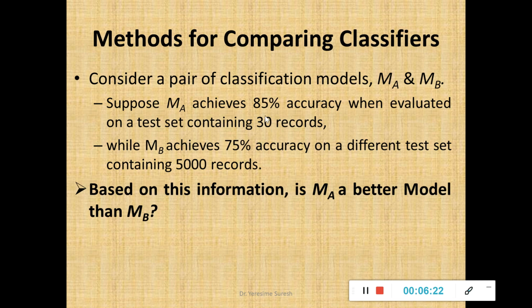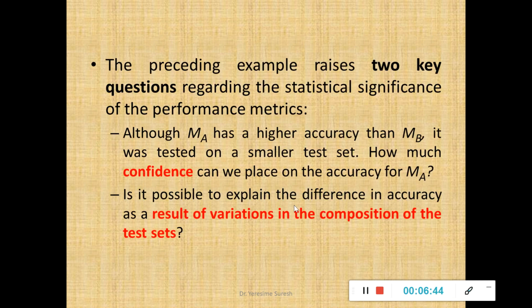In the second instance, if model A has 85% accuracy, model B has 75% accuracy, but both the models have been evaluated for only 30 records. In that case, which model will you select? Obviously model A. But the number of records I am talking about is 30, but the number of instances in both the data sets are the same. That's a question mark. That's what I am speaking about.